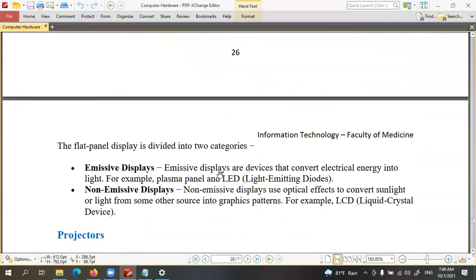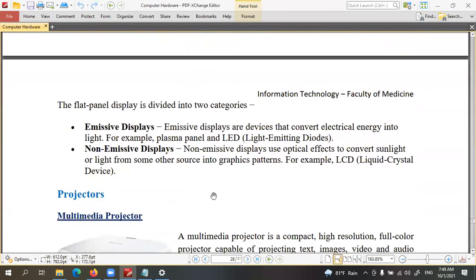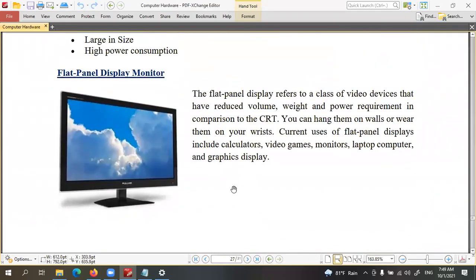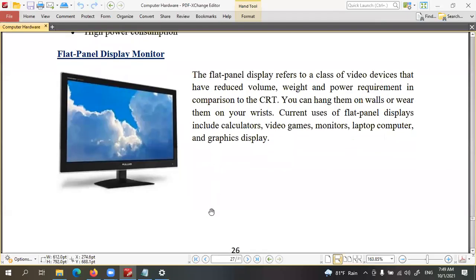Earlier we used LCD devices, and now we are using LED flat panel devices. In LED, the colors and images are more clear, it consumes less power than LCD, and it does not generate harmful rays. Very high quality output, and more advantages are there with LED displays.